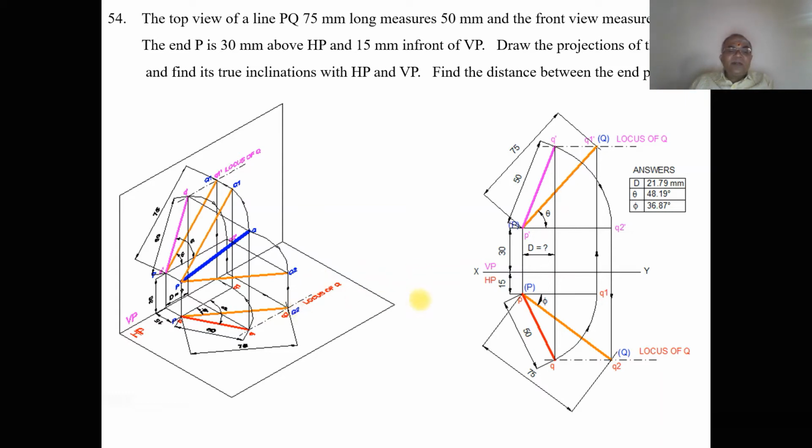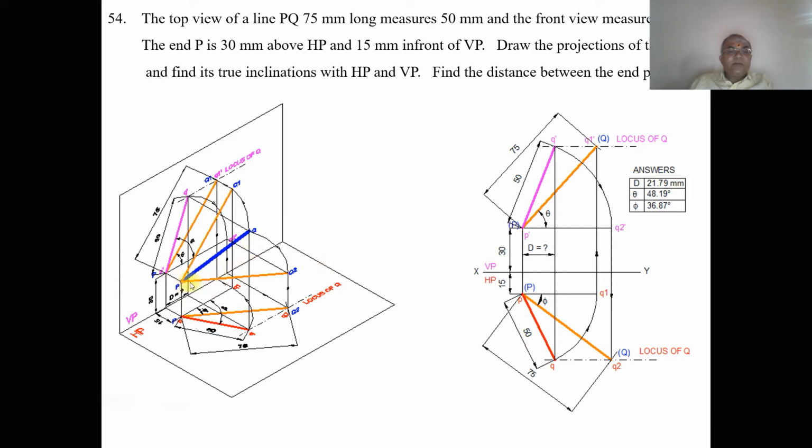If I want to find out the true length in the horizontal plane, we have to consider the front view line. You make that front view line parallel, so that means P dash Q2 dash, what we have here, should be parallel to HP. So P dash is above HP by 30 mm and Q2 dash is also above HP by 30 mm. In space, capital PQ2 is the line which is going to be parallel to HP. Since it is parallel to HP, you are getting the true length in HP. So here we have the true length.